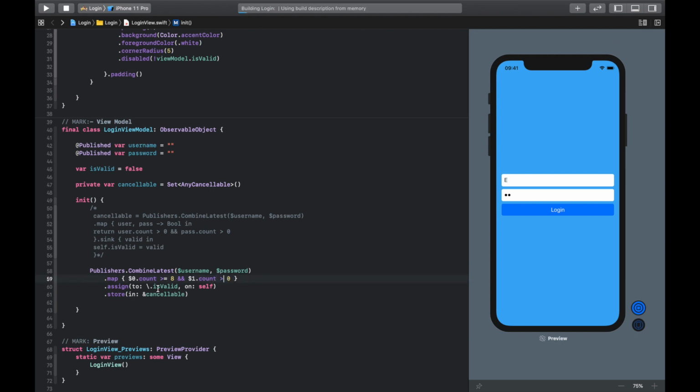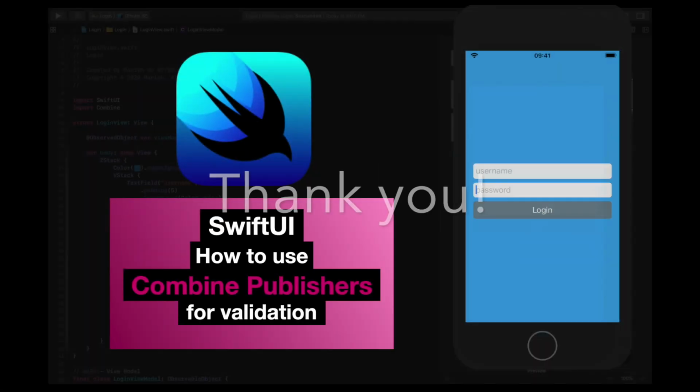So we will put this 8, we will rerun, and we will simply see. Here we will input a username of 8 characters, and then we'll see the password. Yeah, so whenever we remove the password, it is disabling the login button. Thanks for watching this video.